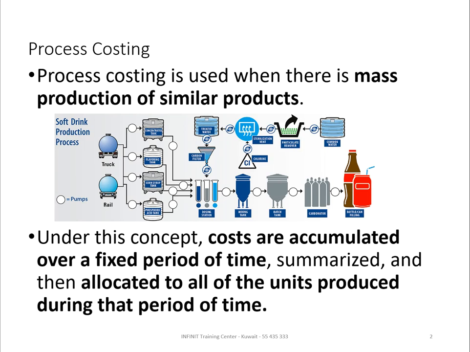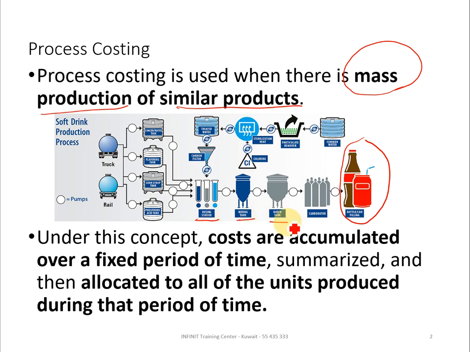First of all, what is process costing and when are you going to use process costing in accounting? Process costing is used when there is mass production of similar products. The scenario here is you are making just one product, but that product comes out of different processes. For example, you are making a soft drink that has gone through different processes, and you cannot find out the cost of one unit individually. It goes through multiple processes, and finally you have a mass production